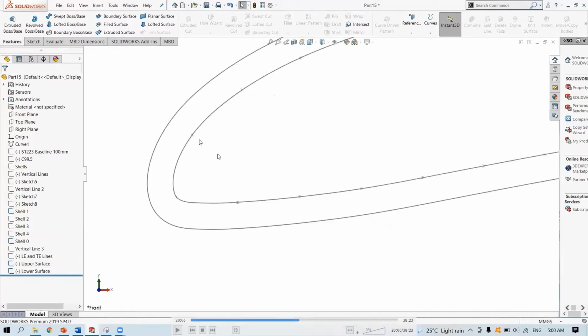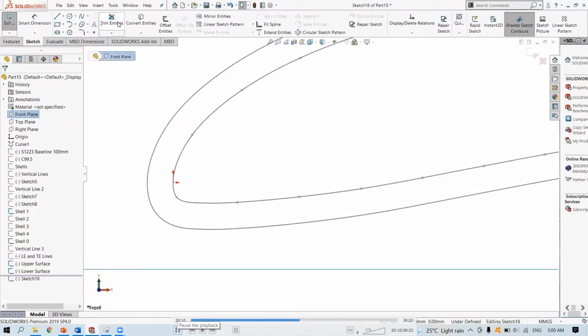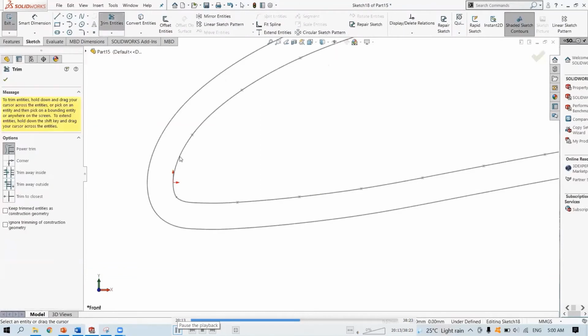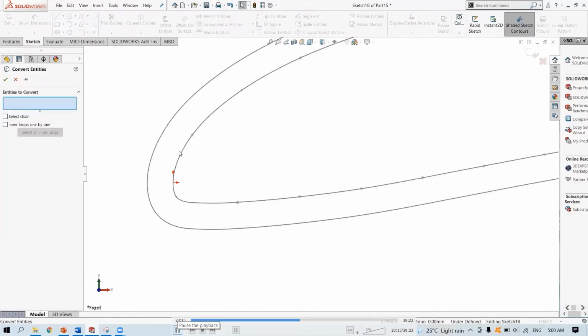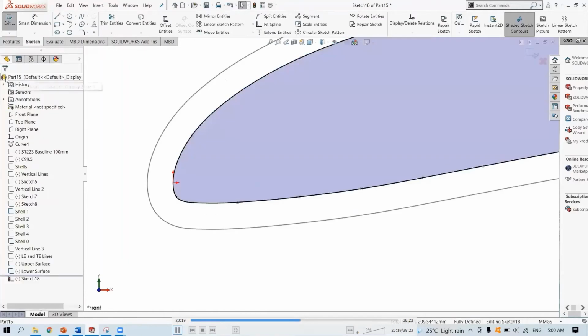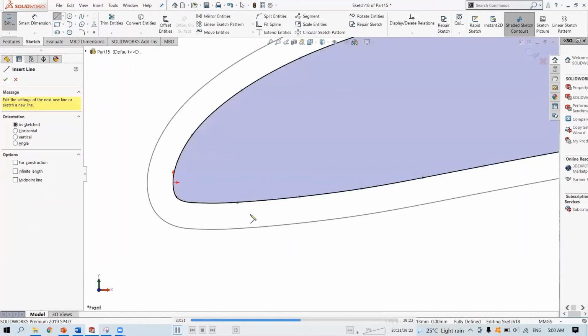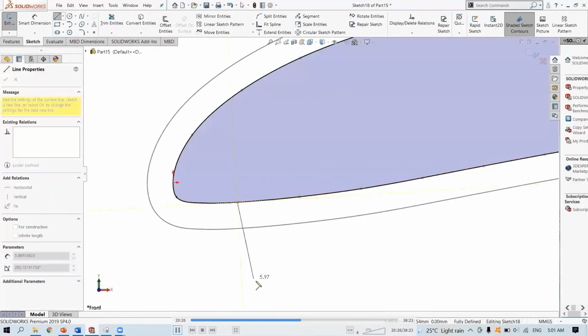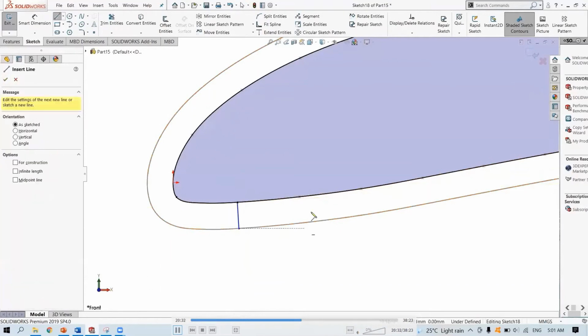So I'm planning to add more normal lines over here, maybe about 8, 10. Let's see. Convert entities. Just intersect with the first shell.